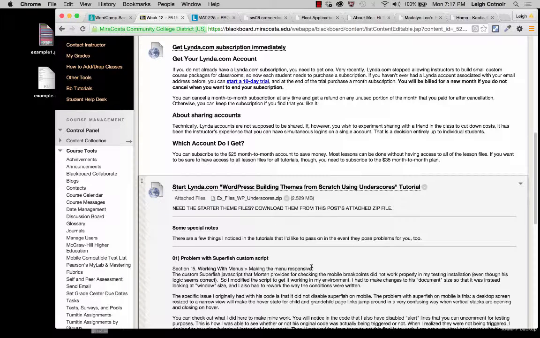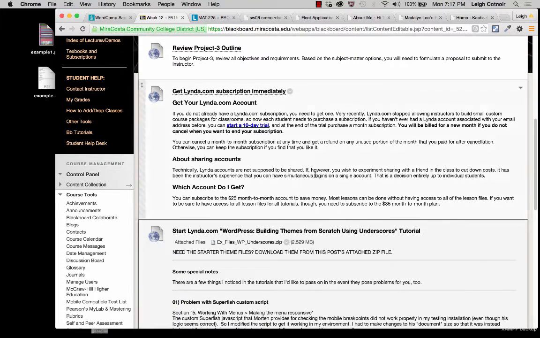Okay, so for those of you who do buy the $25 subscription, I've gone ahead and put the underscore zip theme folder that you need here. It also has some other files and stuff that are useful, but I put this here because that's the only thing that you would need the files for. So you can download that here. And you can always upgrade at any time if you decide that you do want the files. So you can start with the $25 a month account and figure out whether or not you want to